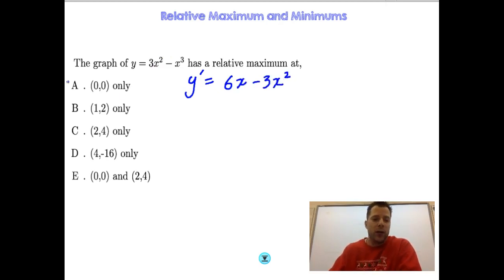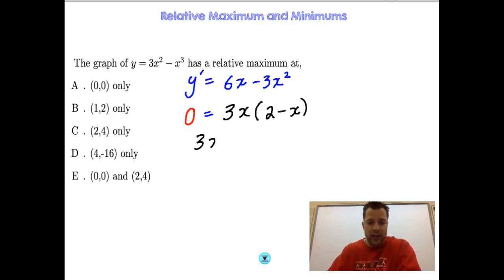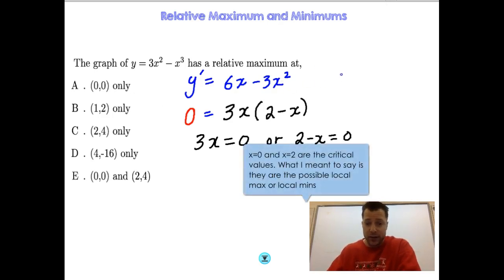Okay, and what we want to do now is find the critical numbers. That's when we set our derivative equal to 0, so I'm going to go ahead and do that. And I'm also going to factor out what's common. I know there's a 3x that's common, so I factor out the 3x, and I'm left with 2 minus x. So when you multiply two numbers and their product is 0, we know that either 3x is going to equal 0 or 2 minus x equals 0. So our possible critical values here are x equals 0